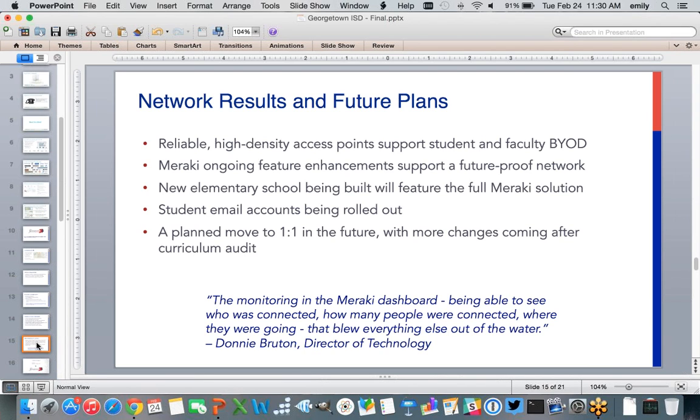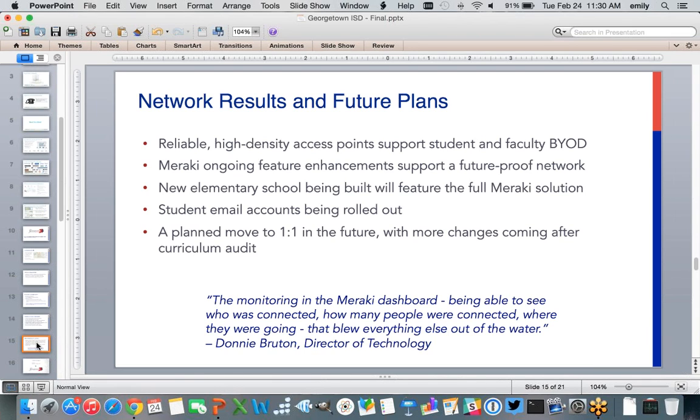Sure. Well, I'll kind of hit future plans first. We're looking at the AC access points. When we were doing this rollout, it's been nearly 2 years ago now, it was basically the ruler of the roost at that point. But we are starting to look at AC for future buildings, for any locations where we're going to add density. We are hopefully in the very near future going to roll out an access point in every elementary classroom.